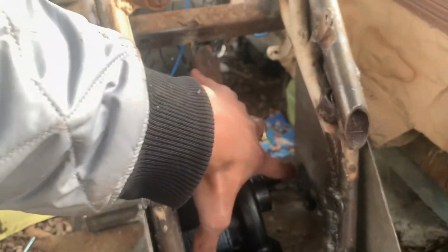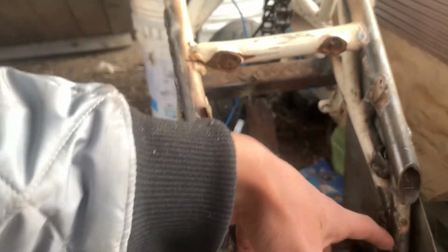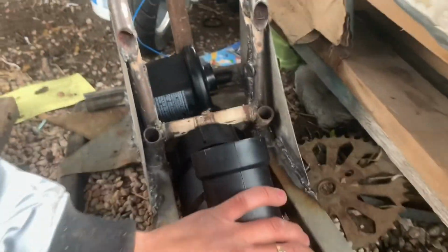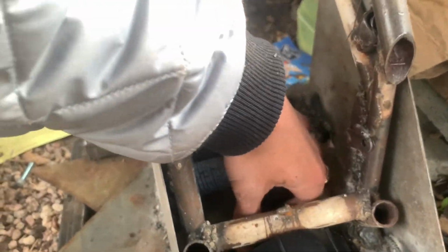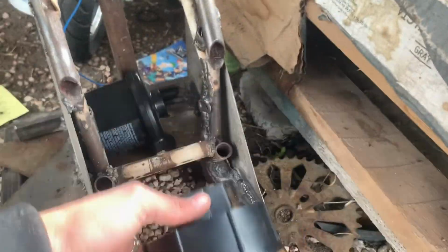The fan, right now, I'm not worried about all this air coming in and feeding the system like I originally planned on, because I have this fan. So this fan will connect to this pipe here once I drill a little hole. Put a little